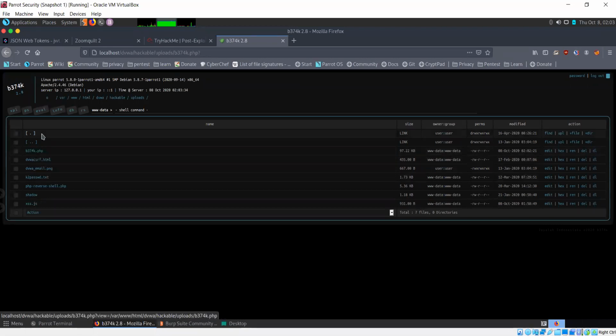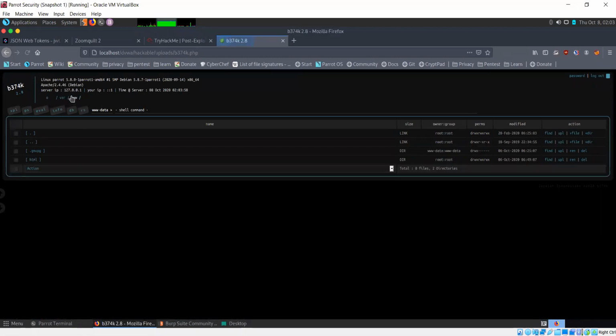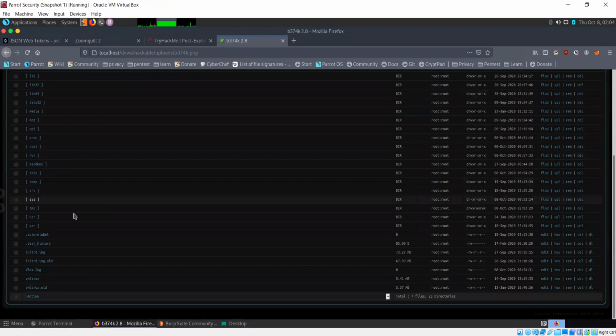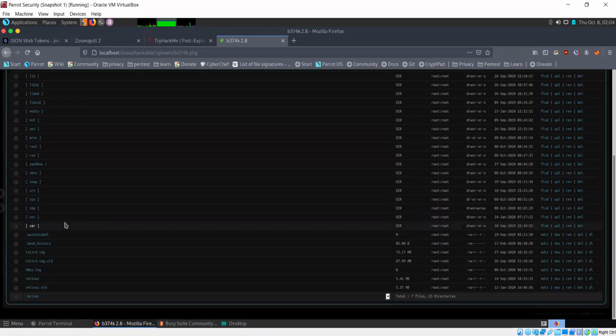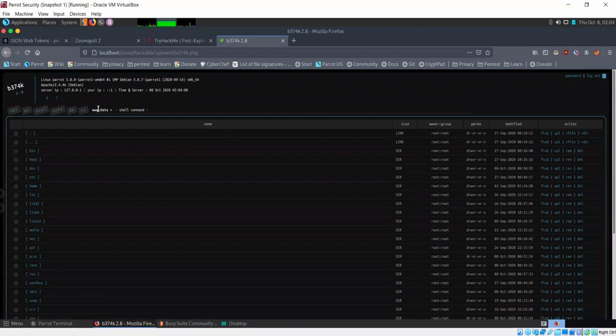So this is the uploads directory, since this file is currently in the uploads directory. But I can view whatever directory I want. I can view the DVWA directory, or I can view any directory, access any file on the server. It does not necessarily have to be a file associated with your website.